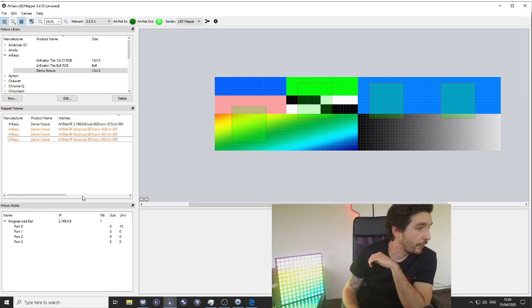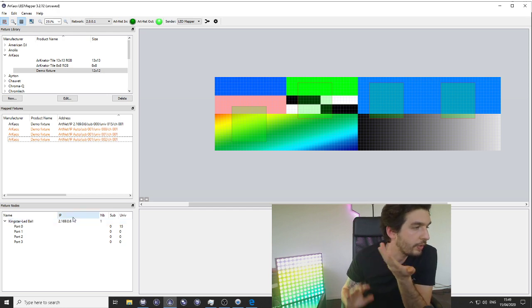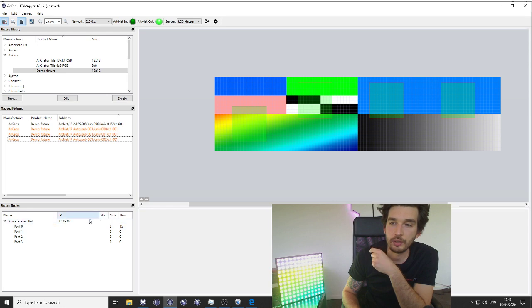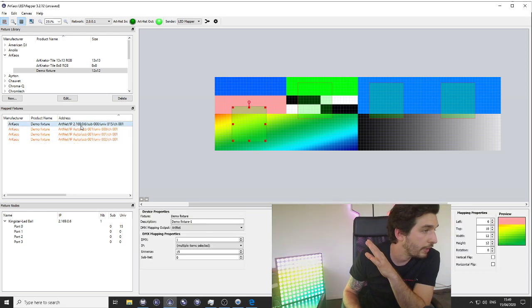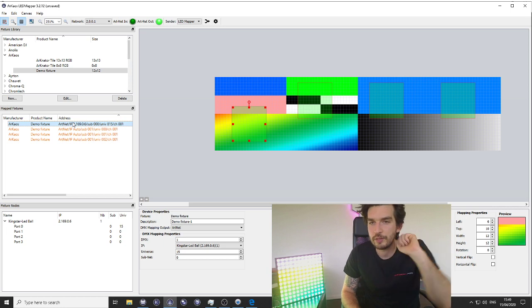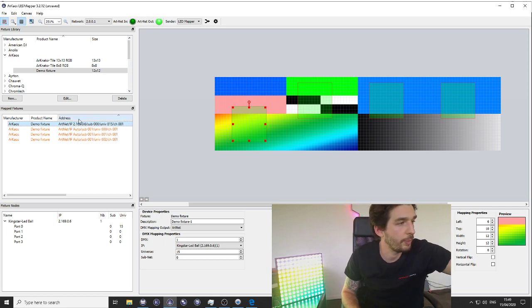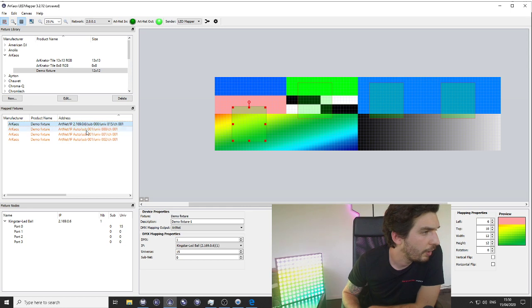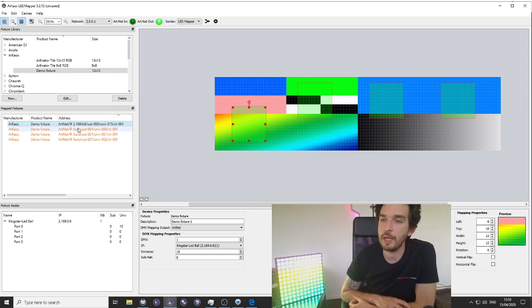Okay, you can see also in my list here that on my node Kingstar LED ball, IP address 169.06, I have one fixture assigned, patched to that IP. Okay, you see as well that that fixture there goes to the IP, which I'm pointing at with my fingers, but no one sees my fingers. But if you follow my mouse there, pointing to that IP.